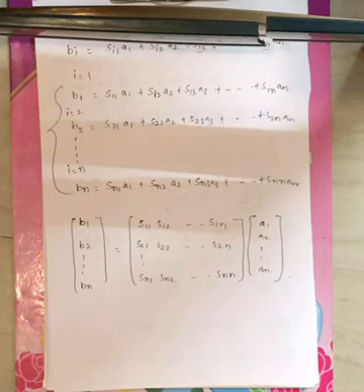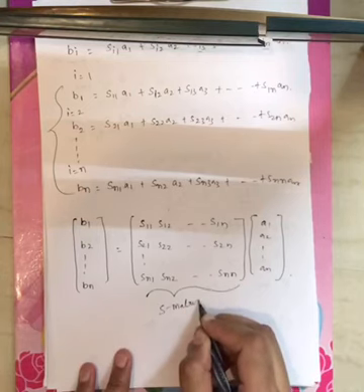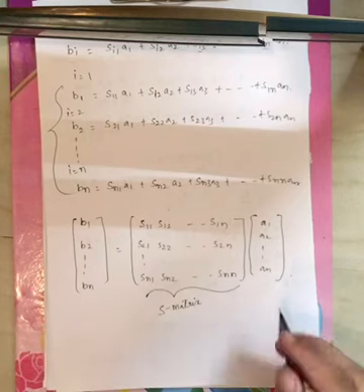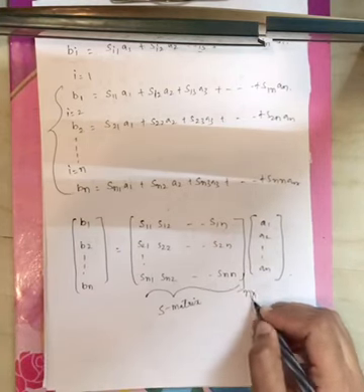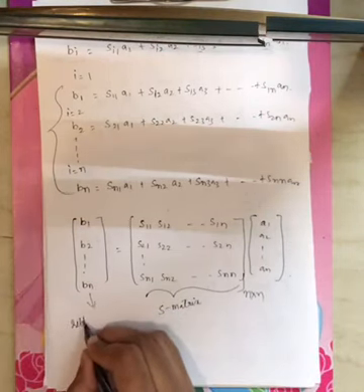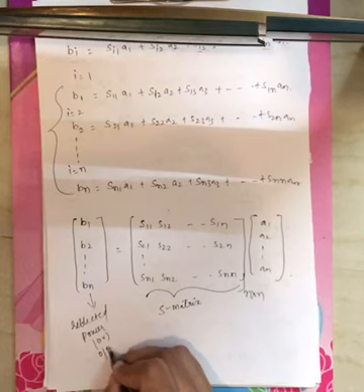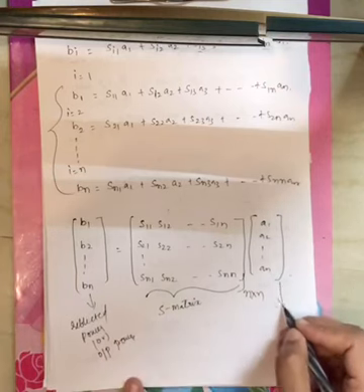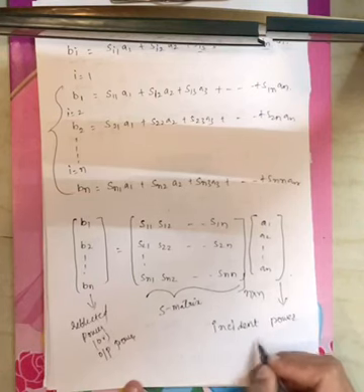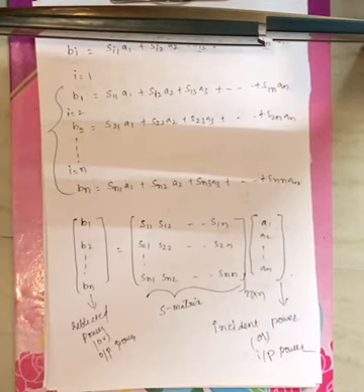Now this is about your scattering parameters. This is nothing but the scattering parameters, the S matrix, the reflection coefficient. Scattering parameters, S matrix, reflection coefficient, all are the same. Now if you see this, what is the order of S? N cross N. Now this B is nothing but the reflected power or output power, and this A is nothing but the incident power or input power.